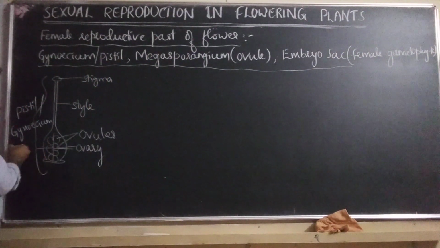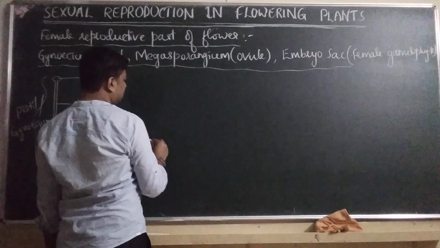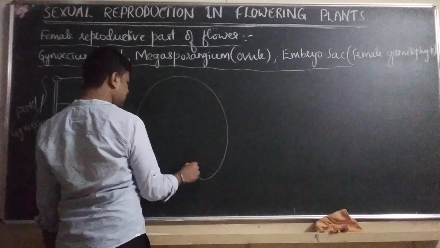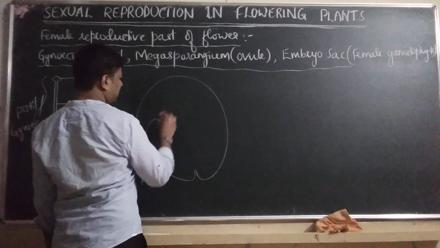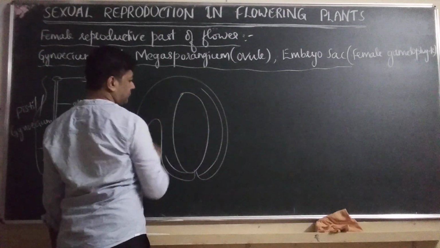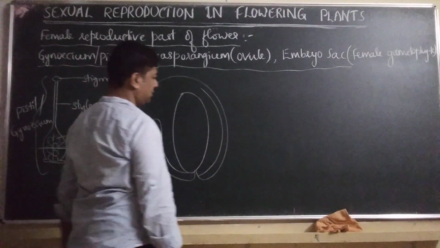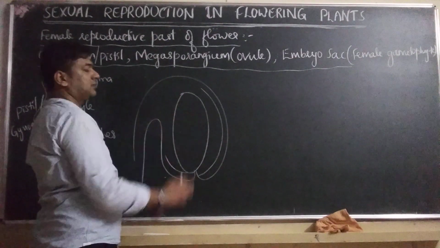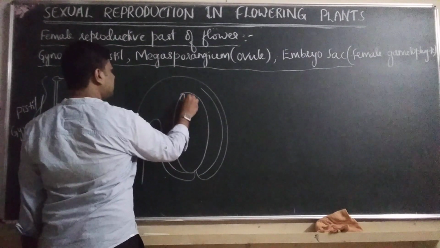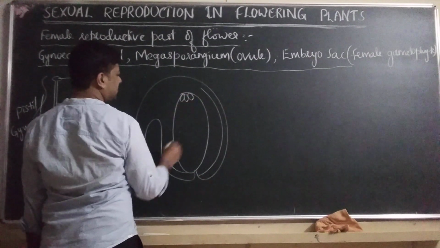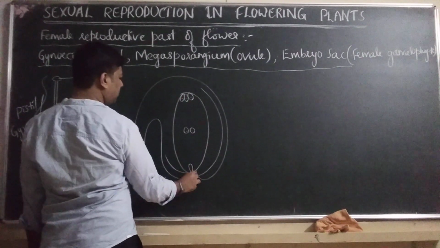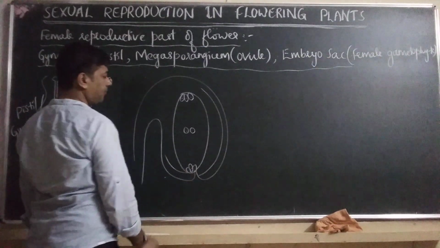Within the ovary, if you cut the ovary, then you will see a structure like this. Now, you can draw either this way also, this is also correct. Or else you can draw it reverse also, like they draw this reverse. Both are correct. In that case, there will be 3 antipodal cells and 2 polar nuclei, then 1 egg will be here and 2 synergids will be there.